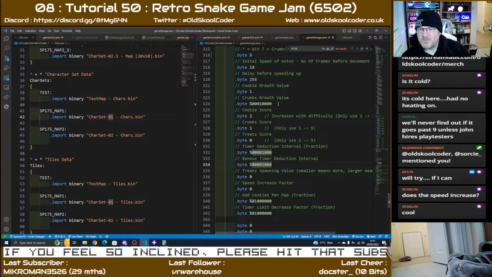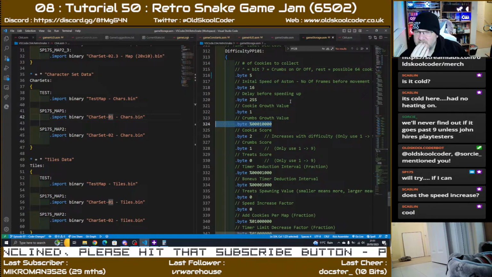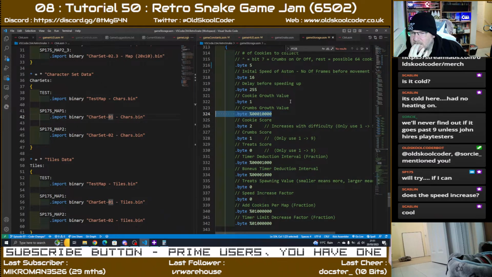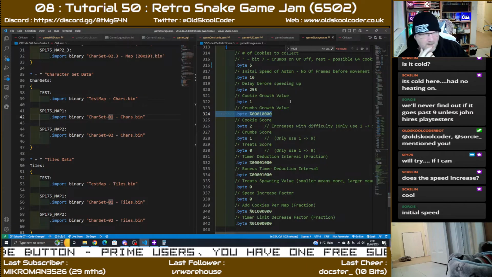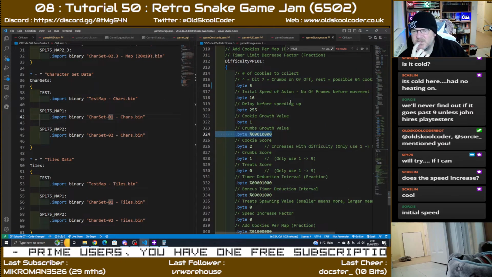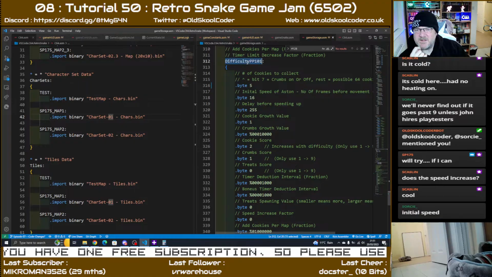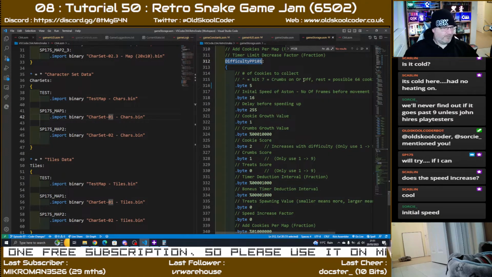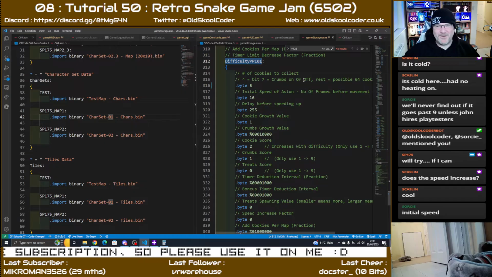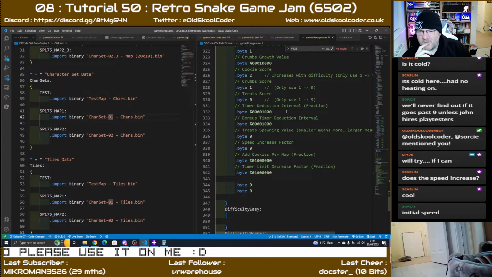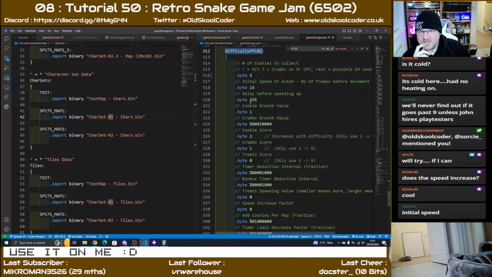We haven't even thought about the bonus, but Crumb's growth value, that's the score when it goes up. Initial speed. The initial speed is here. That's the initial speed. So that's for difficulty phase 101. But we'll have different arrays that we can tweak and make it. But we need to start thinking about